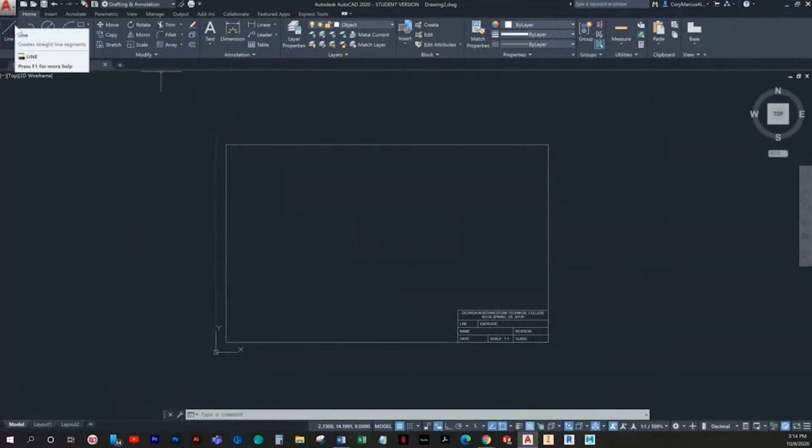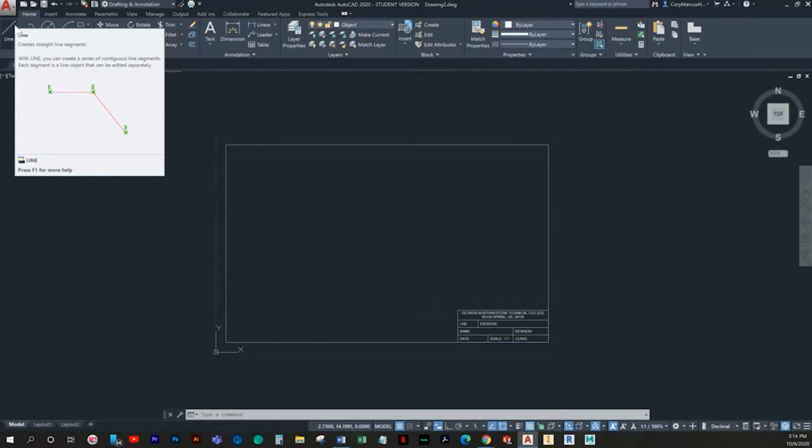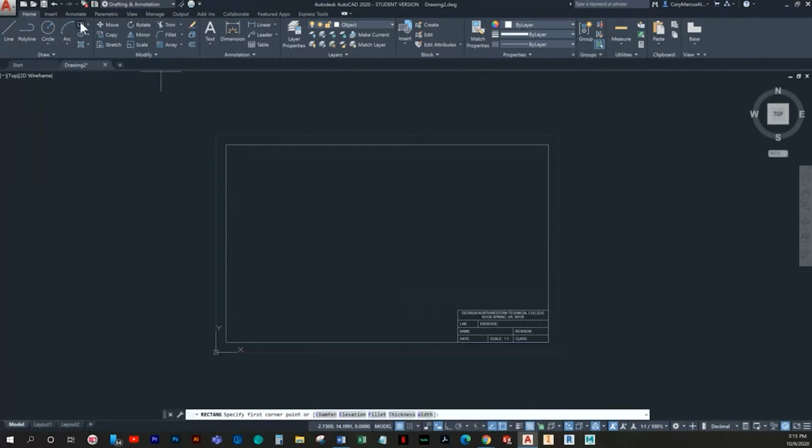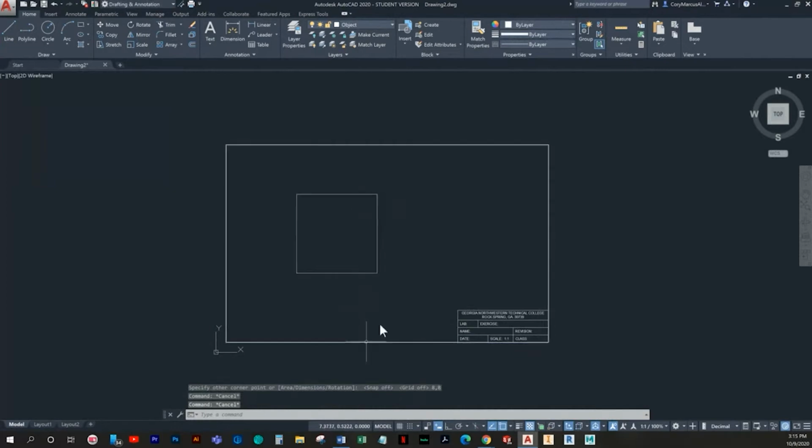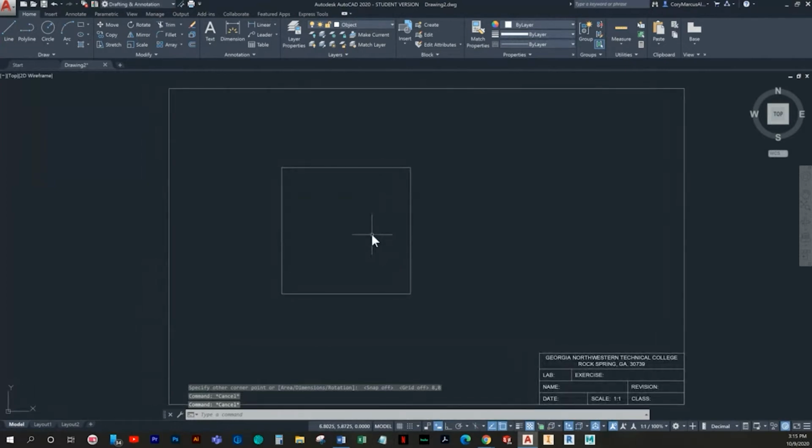So this first one, exercise 1, is going to be in inches. And looking at it, I think that I'll start with drawing this square. It doesn't give us a starting point for our drawing, so I'm just going to pick somewhere around right here. And it says it's going to be a 4x4 rectangle. Unfortunately, I don't know what my point is here. Okay, so I chose 4x4. Perfect. So we'll do 8, 8. I could have also kept the grid on for that, but